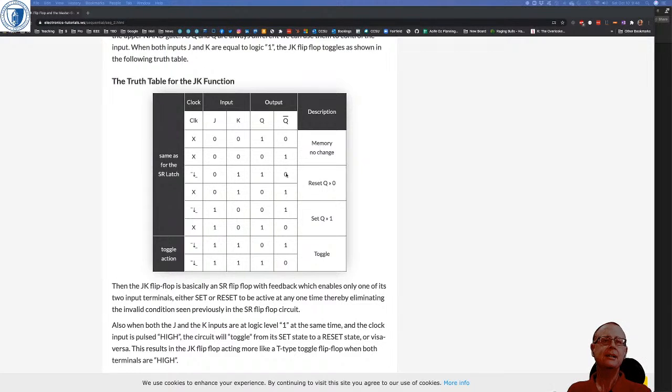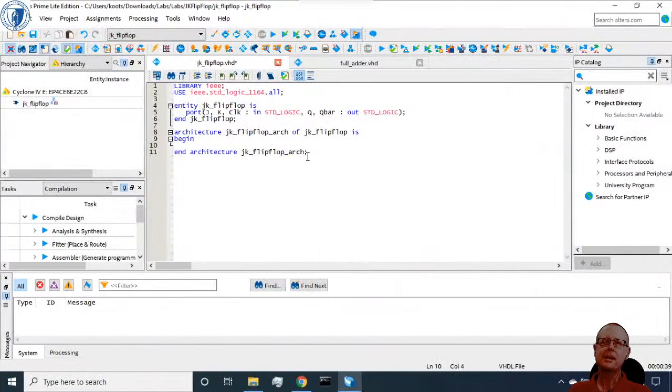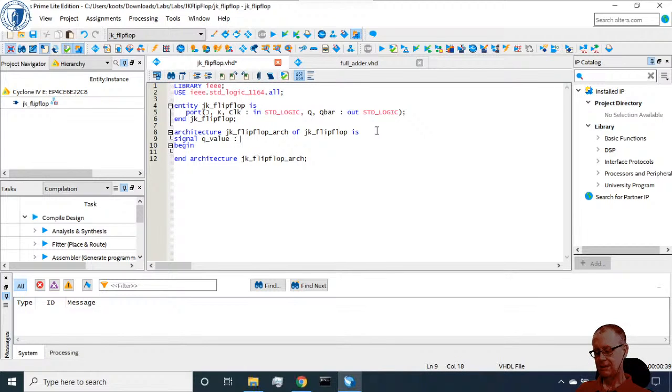And that's okay. But what that's telling me, I think, is that we may need an intermediate variable, right? We may need a signal, and I'm going to call the signal Q value,